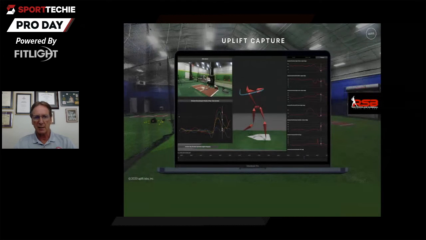Currently, they've got golf analysis and baseball analysis, but you can see that it should be very applicable to other Olympic sports, such as the throws events that I work in and that I'm interested in. And also, you can see we've got kinematic sequence going on here as well. On this side of the screen, we have different joint angles and different velocity curves. So this is going to be very powerful. It can be uploaded to the cloud and served out to the coach and the athlete very, very quickly. Looking forward to working with Uplift Labs on that project in the near future.